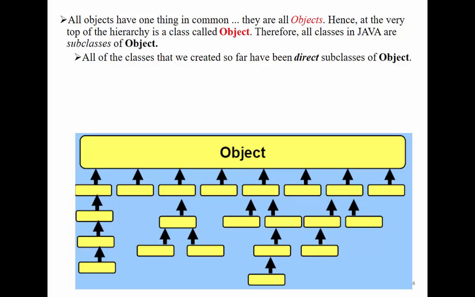Now, this is actually the architecture of any object you create in Java. You like it, you don't like it, but that is the way Java programming is built. You have Object as a superclass for any class you create. So whatever class hierarchy you decide to create,